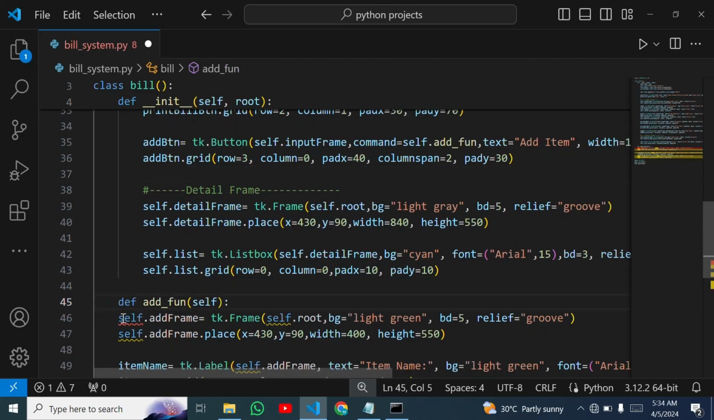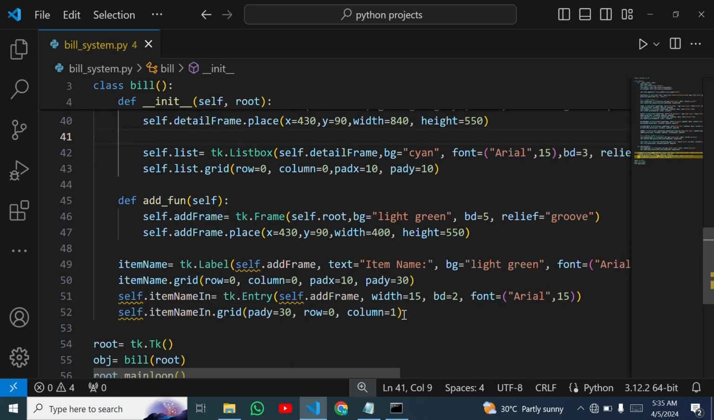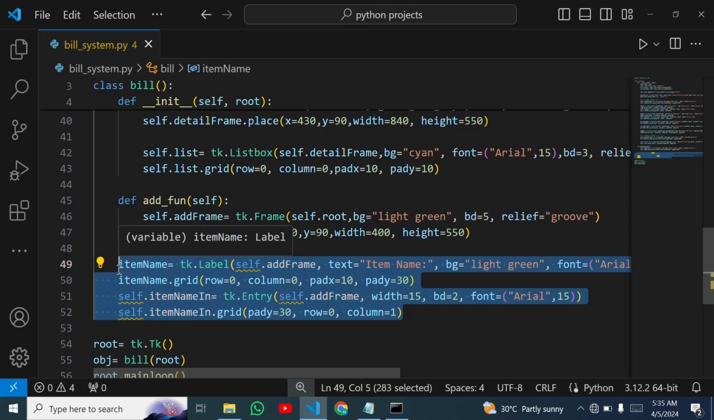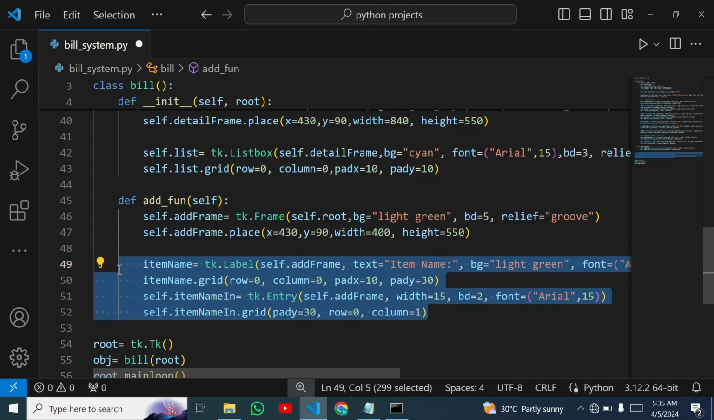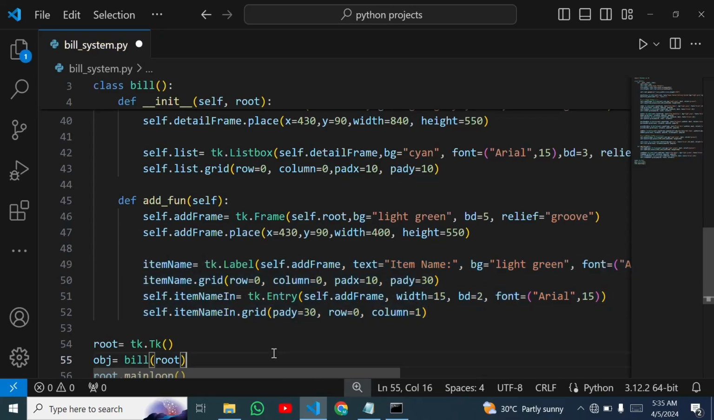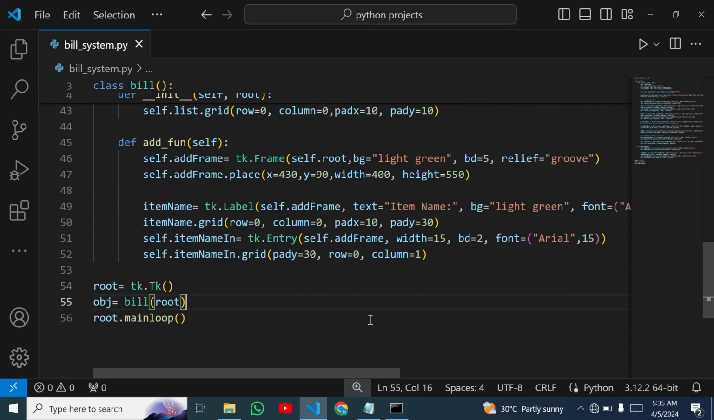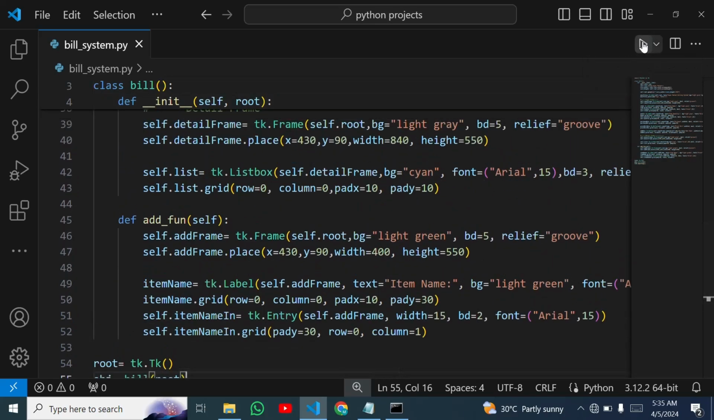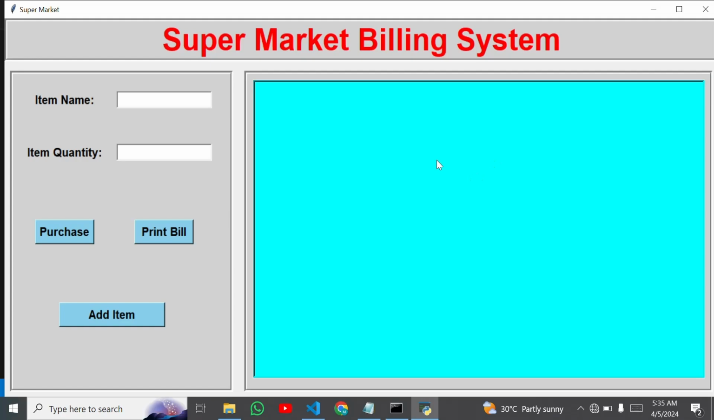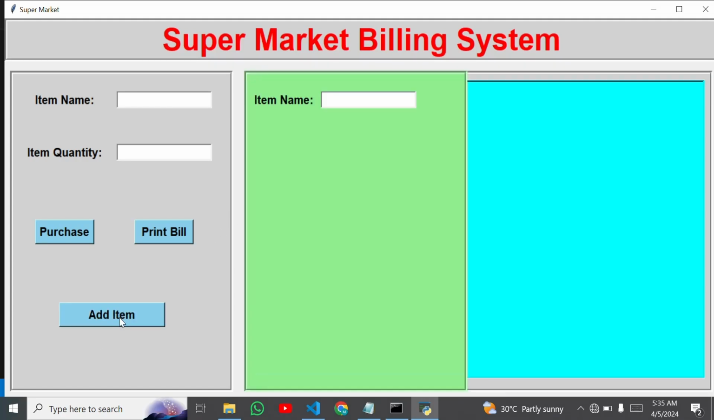Okay, I have to set its position, and now I have to set the position of this widget also. Okay, now it is fine, and now I have to save it, and next I will execute my program, and now I have no error, and now I will click this add item. Okay, and in this way this new frame is created, and here I have to enter the item name, and next